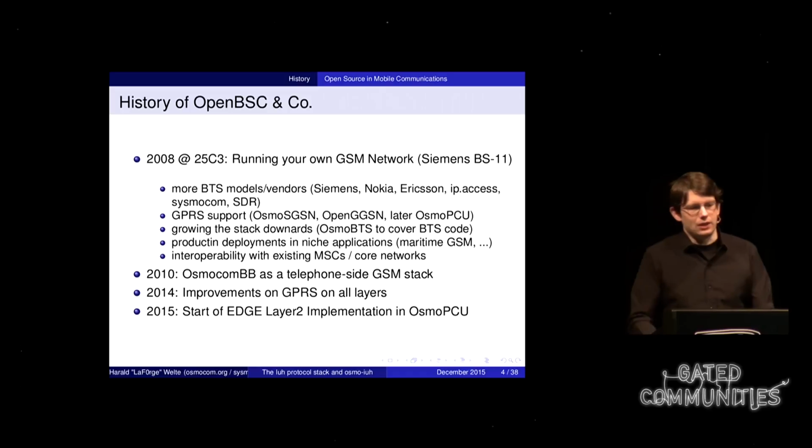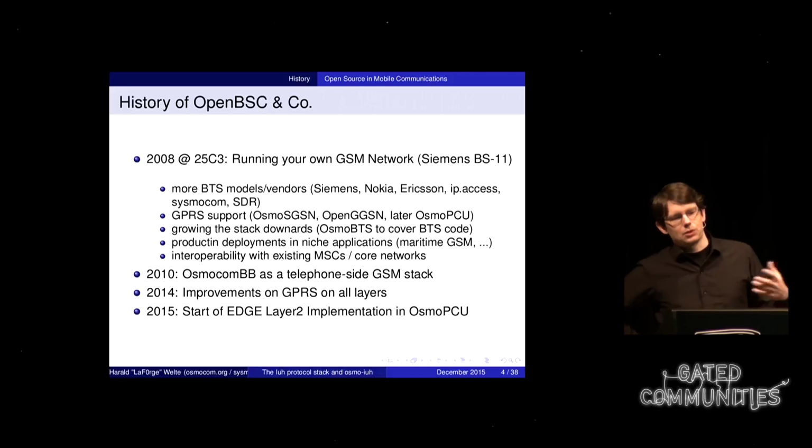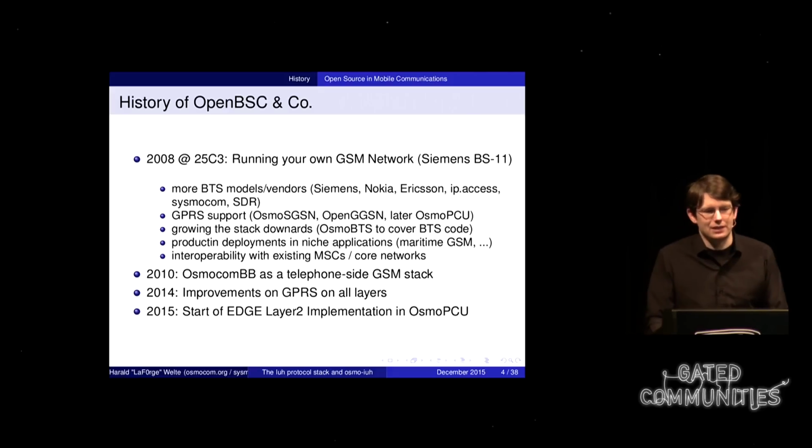People have been working on GPRS support in a couple of sub-projects called Osmo SGSN, OpenGGSN, and also the Osmo PCU project. So we've been growing the stack downwards, also basically implementing the software inside such a BTS, which we call Osmo BTS.